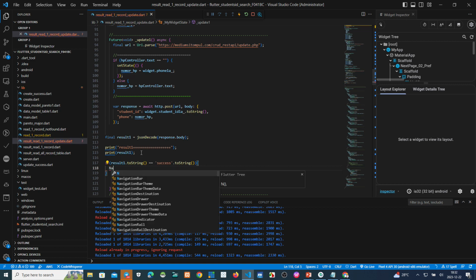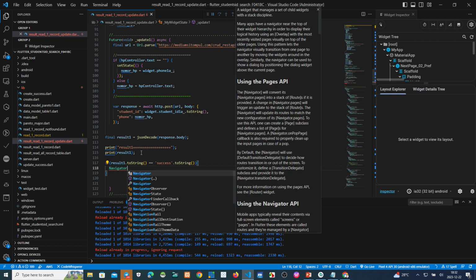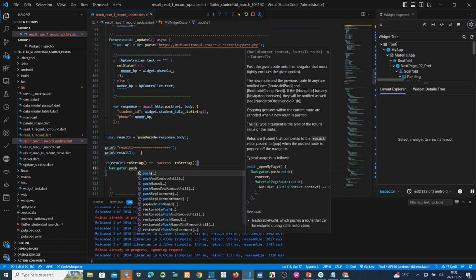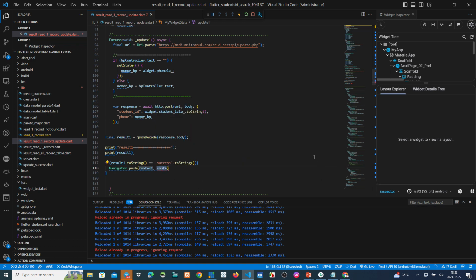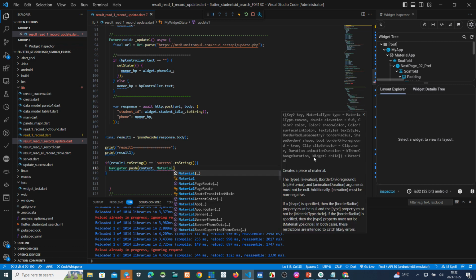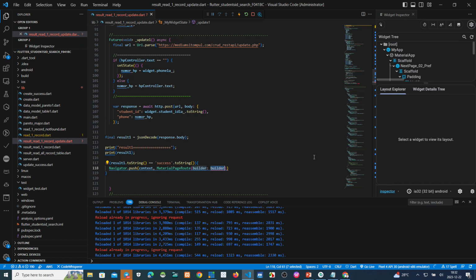Navigator push, this is a MaterialPageRoute. Okay, MaterialPageRoute builder, this one, context.